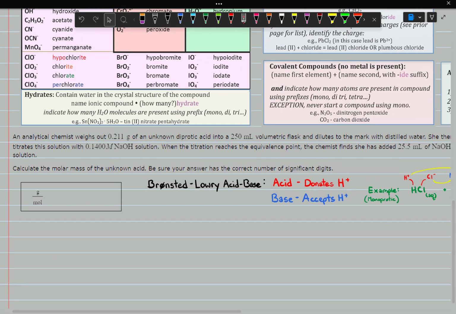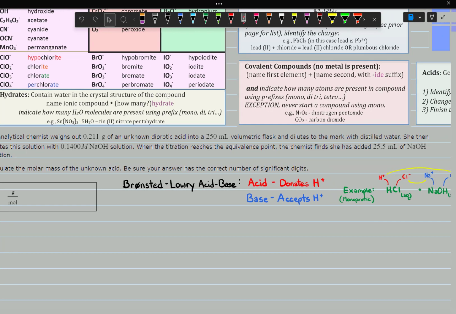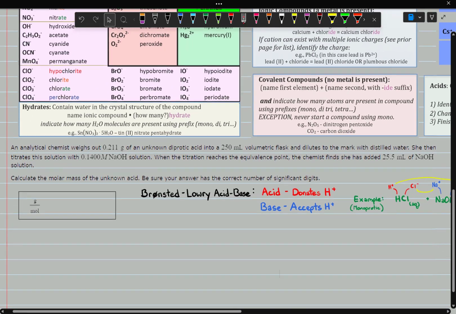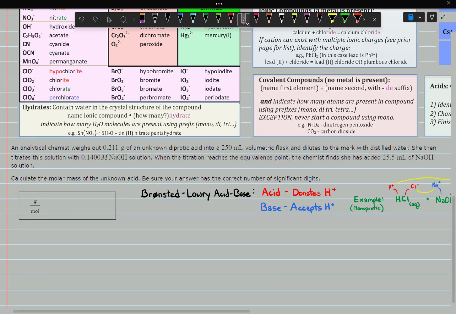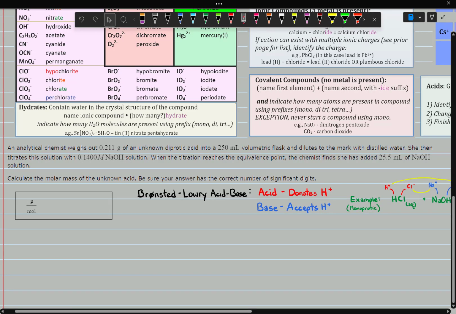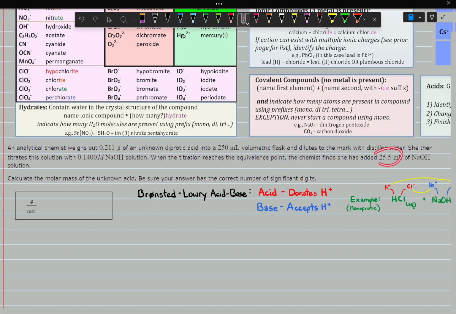So in this problem, we have an analytical chemist who weighs out 0.211 grams of an unknown diprotic acid into 250 milliliters. And then this is titrated with 0.14 molarity NaOH solution. And when we reach equivalence point, we've added a total of 25.5 milliliters of sodium hydroxide,